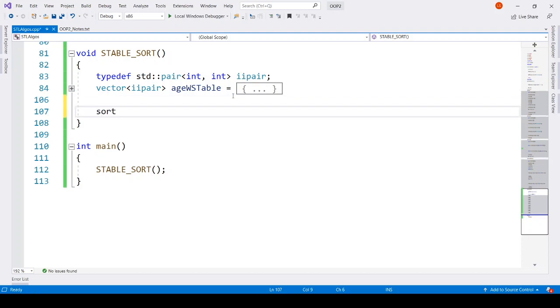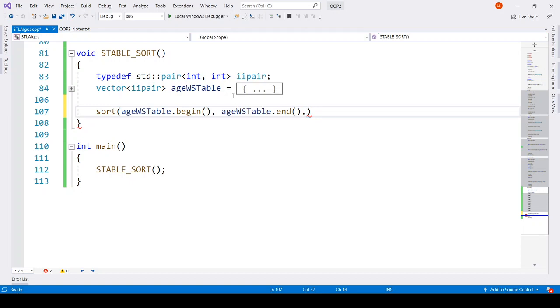So first we want to apply a regular sort algorithm on age table. Okay, so this is a vector of ii pairs. So from first element to last element we want to apply it.